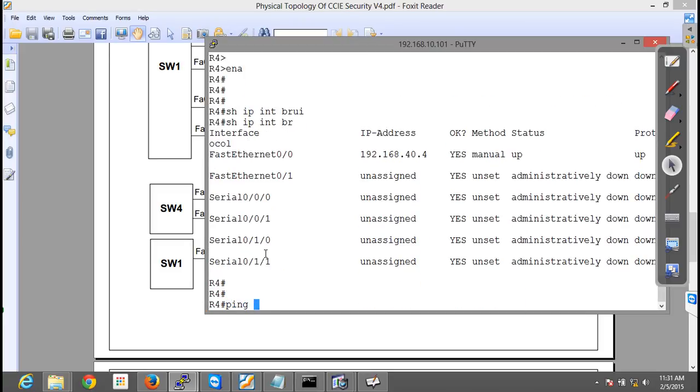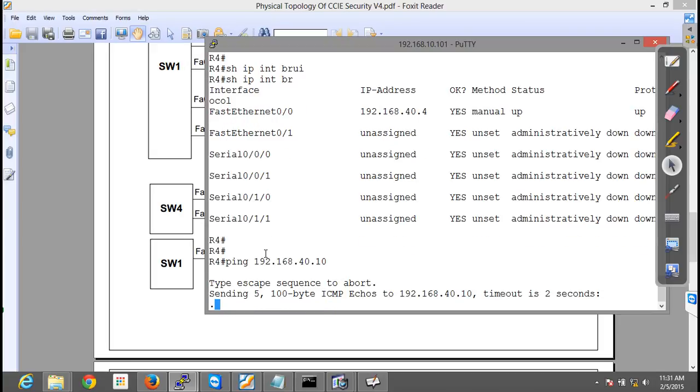Say ping 192.168.40. You link, it should start pinging. If it is pinging, means your config is